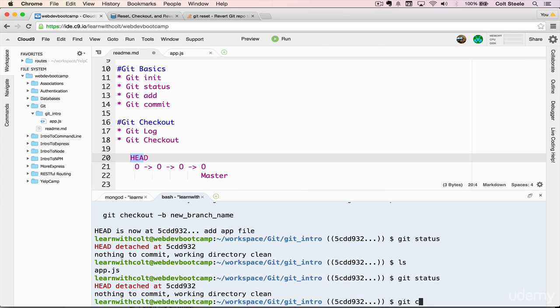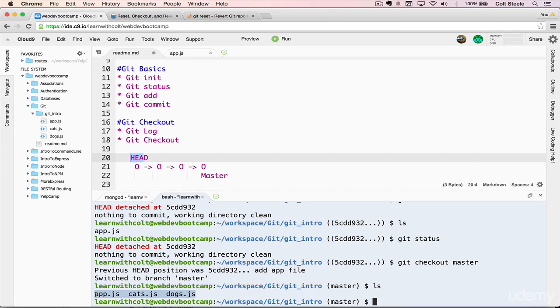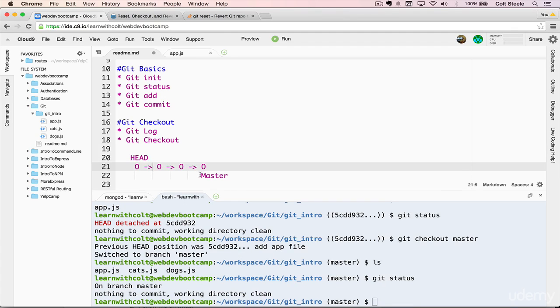I can do git checkout master, and that takes me back forward in time. And now first thing you'll notice, those files come back. If I type ls, I now have those 3 files again. And if I type git status, I'm on branch master. So we took a little trip backwards. Half of us was up here, half of us was back there, and then we went back to master and